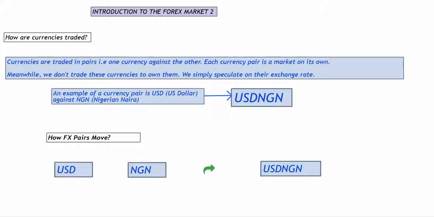For example, if you have the Nigerian naira and you discover that the Nigerian naira is going to lose some value in the coming month, the best way to make money from such information is to go exchange the Nigerian naira for a US dollar, and then after a month, when the exchange rate has gone up, then you go back to exchange your US dollar back to the Nigerian naira, and then you will have made